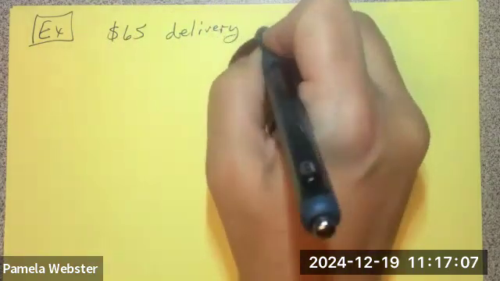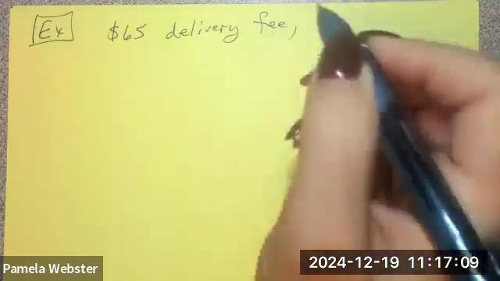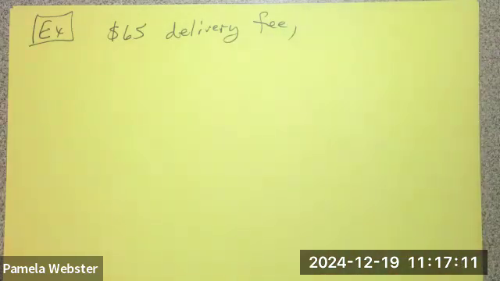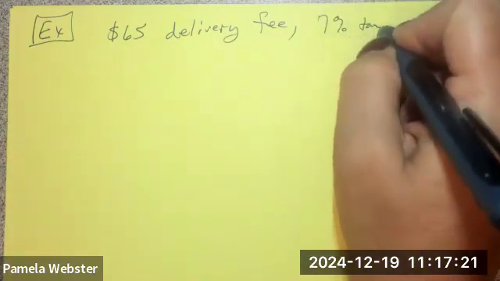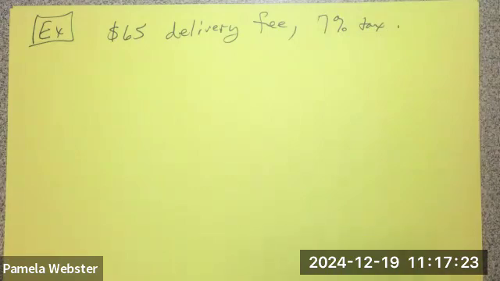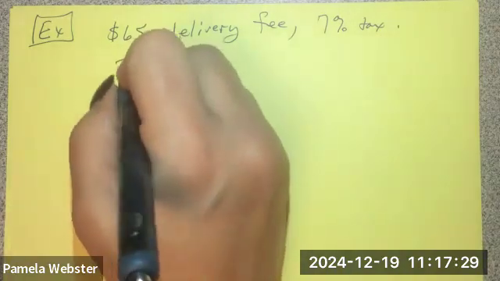I'm only going to write the important parts of what I think is important here. You can do other stuff if you would like to. And they tell you that there is 7% tax that they will add on top. And they're telling you that the total is going to be